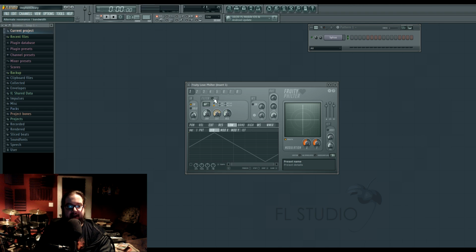Now each of these filters has alternate resonance bandwidth types, and also has alternate gain staging and filter curves. That's what this is. Yes. You can also have off. You can just turn it off, and you can have the audio pass straight through the filter. And why would you do that? Well, it's because there's also a wave shaper in each of these,